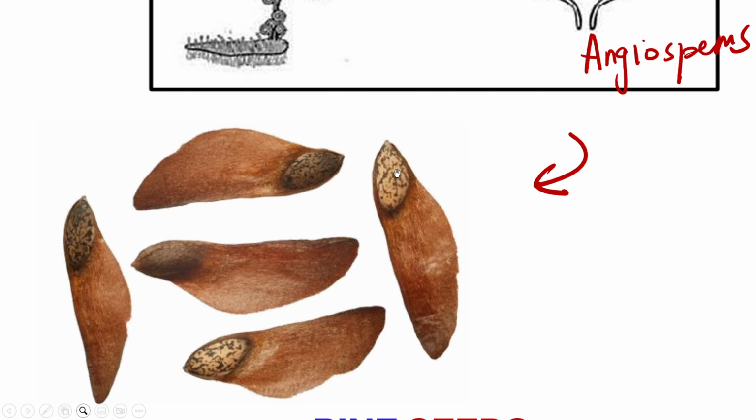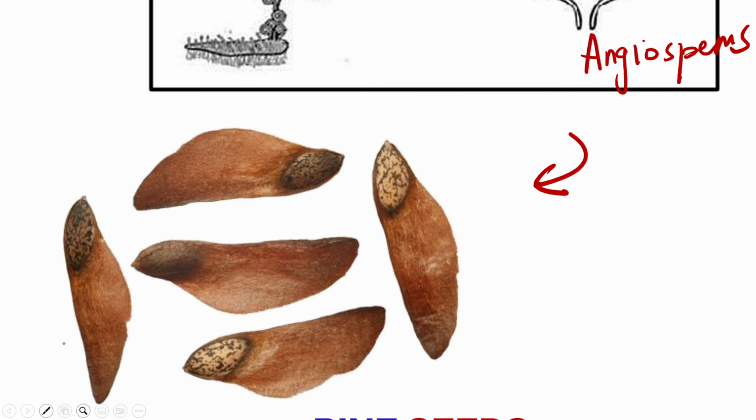If you were to suspend them in the air, these seeds would be able to fly a big distance. Not that they would actually fly, but when there is some wind or some air, these seeds are easy to disperse. Please watch my video explaining division Gymnospermae so that you properly understand that the pine seeds are adapted to be easily dispersed by the wind. So when the wind comes, these seeds will be easily blown away and they will be able to go to another cone.